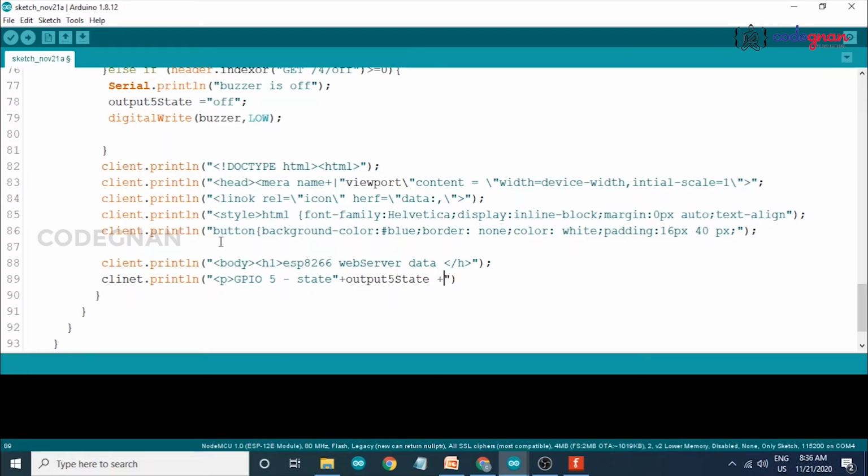Plus slash p. So our page is completed now, and also display the current state of our button so that client.println GPIO.